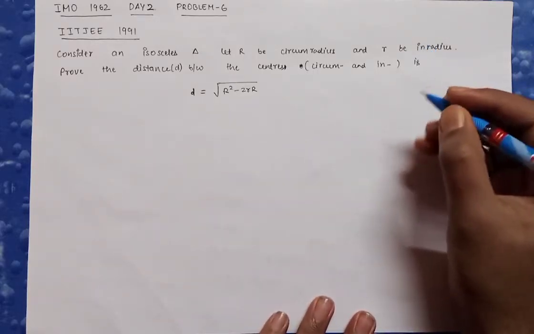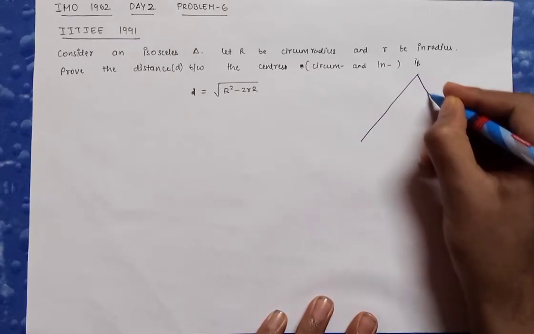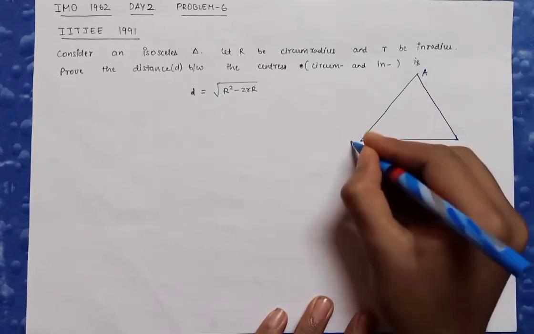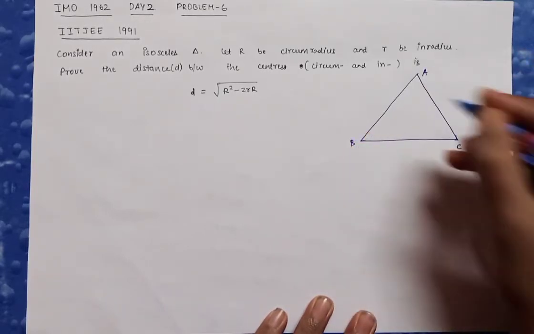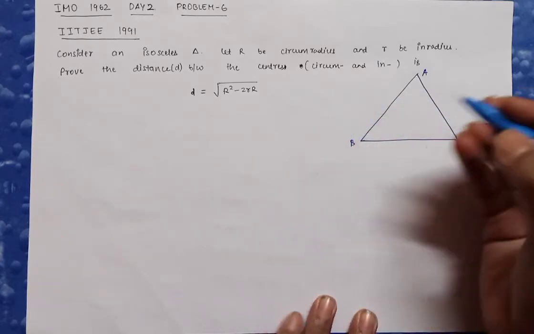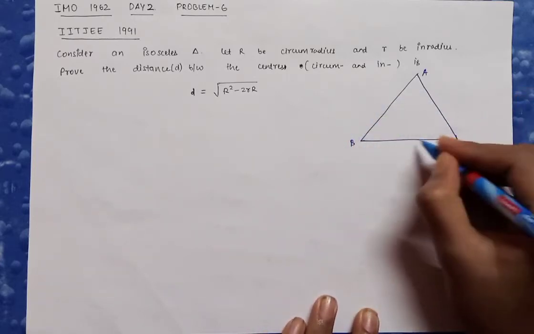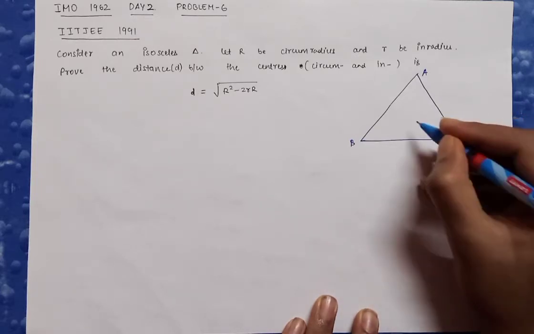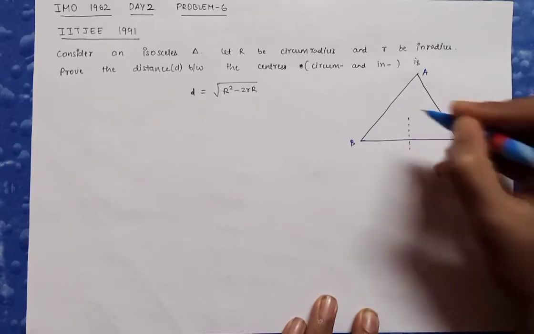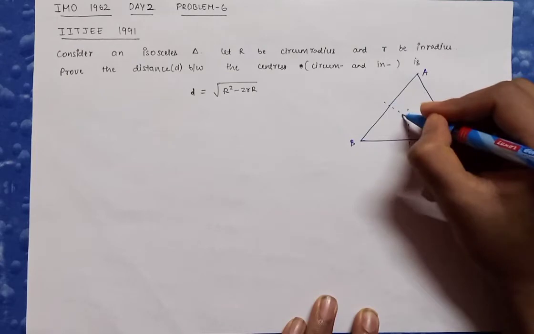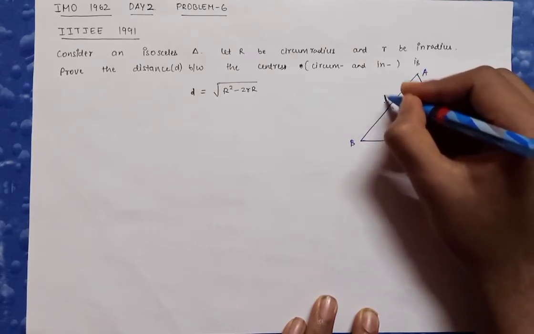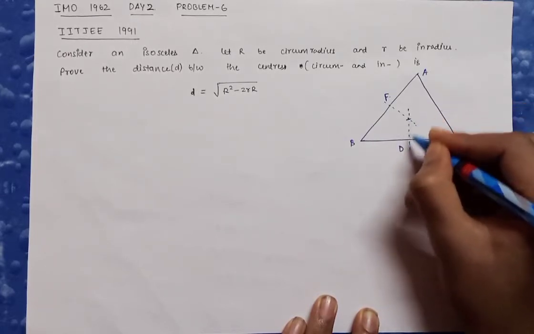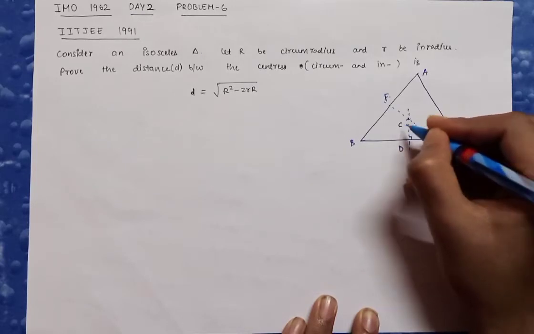First of all, let us consider one triangle. Let's say this is one triangle. Name it A, B, C, and let us first of all make the circumcenter. First of all, let us mark that. Then circumcenter, we know that it is the point of concurrency of the perpendicular bisectors of the sides. So let's draw the bisectors. I'm drawing this and naming the points as well. This is F and this is D. These are perpendicular bisectors, so let us call this circumcenter C.